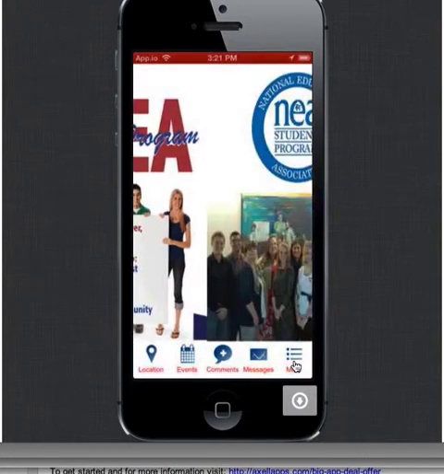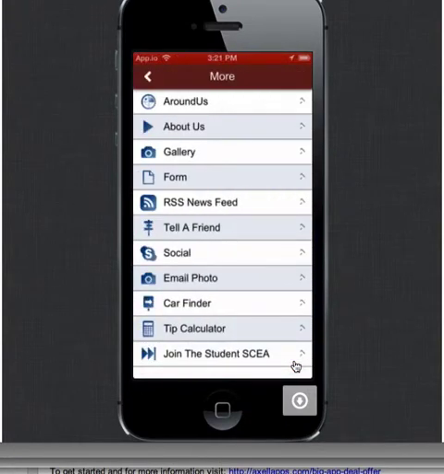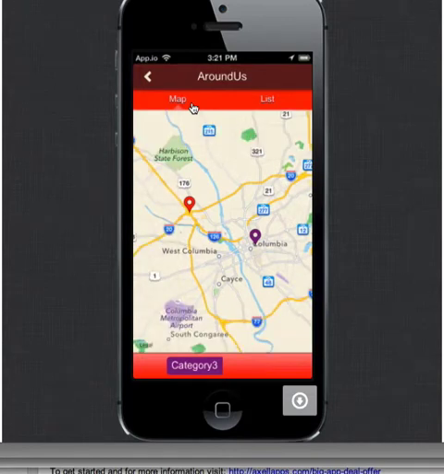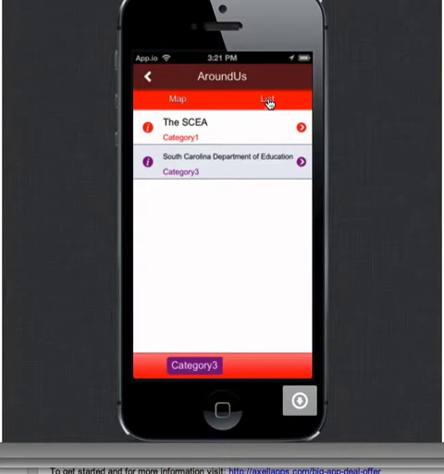Then we have the More button, which has other great information. I'm going to go down through these relatively quickly now. Around Us is a great feature to have. This one needs a little more development on it. But what this allows you to do is, for example, if you have sponsors and you wanted to have them